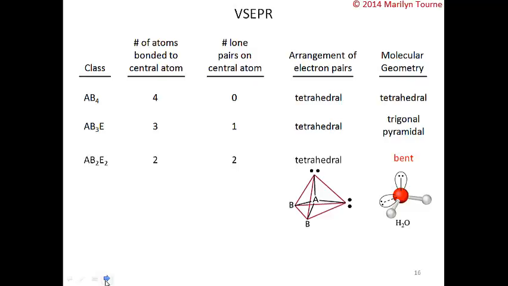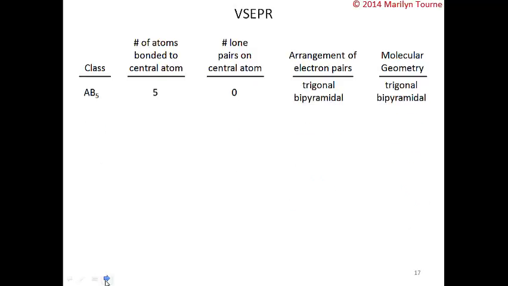It does have the electron pair arrangement is a tetrahedral arrangement, but the actual molecule is bent, okay? So there's a little bit of a distinction there. How are the electrons arranged? And that would take a tetrahedral shape. But if you just look at the molecule, it takes a bent shape because of those 2 lone pairs on that